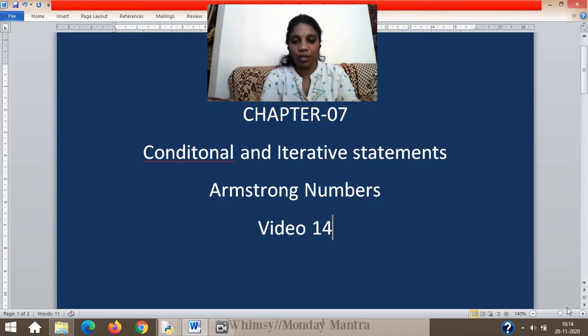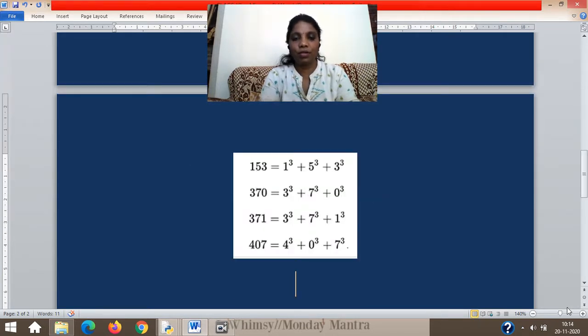Before I go to the code, I would like to show you one small image to make you understand what exactly is an Armstrong number, which I had given in the assignment. An Armstrong number is a number whose digits are extracted, and when the cube of the digits is added, you will get the same number. Like you can see in this picture, 153. If you take 3 cubed plus 5 cubed plus 1 cubed, you will get again the answer as 153 itself. Then 370. I've taken those numbers and shown to you.